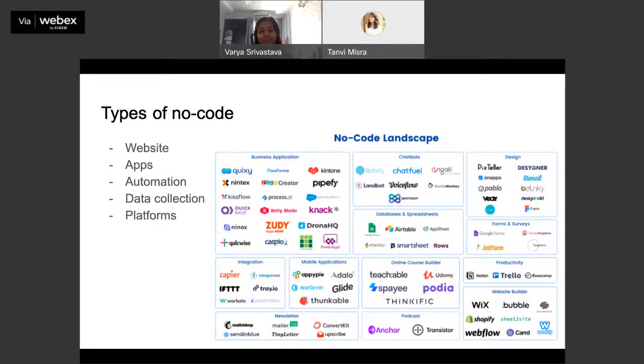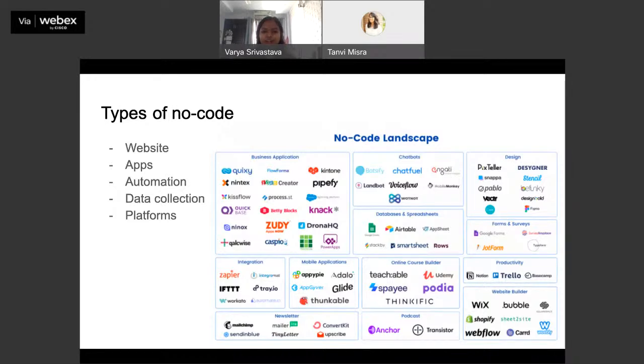What's interesting before I get into this about no code is that there's no one solution. Rather, the beauty of no code is that you combine a bunch of things and make your own form of no code. It's like cooking, like you have all these ingredients. Now, what you cook, it could be like idli and sambar, or it could be an omelette. It just depends on what permutation and combination of no code tools you end up using.